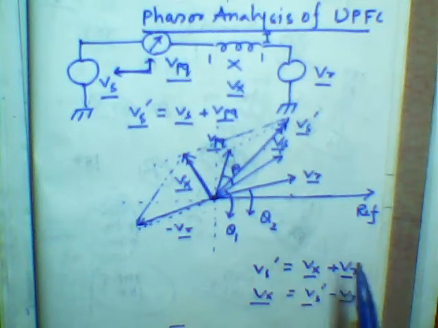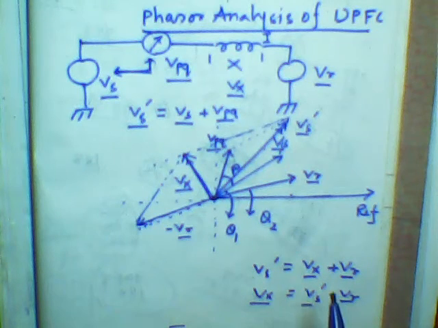unified power flow controller. In the next lecture we will derive the mathematical expression of this controllability. Basically the unified power flow controller is an AC power controller, using which you can control active and reactive power both, and that mathematically we will establish in